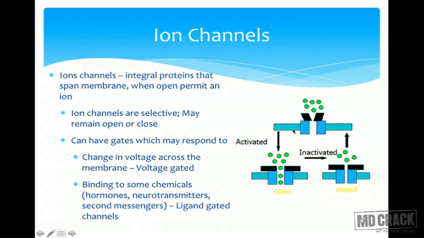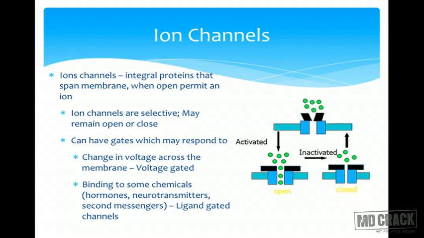The resting membrane potential is minus 70 millivolt. Suppose this channel remains closed at minus 70 millivolt. But whenever the membrane potential reaches the threshold level, let's say minus 55 millivolt, then these channels will open. So these channels, in this case, will be called voltage gated channels. So what do you mean by voltage gated channel? They will open or close in response to change in the membrane potential or the voltage of the membrane. This is called voltage gated channels.